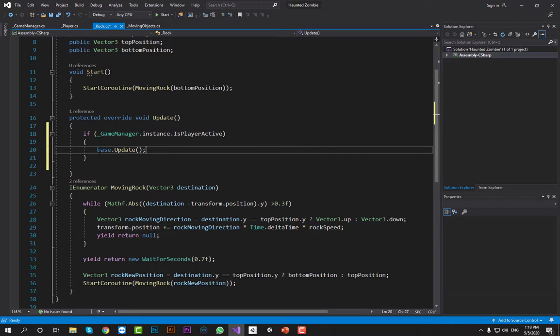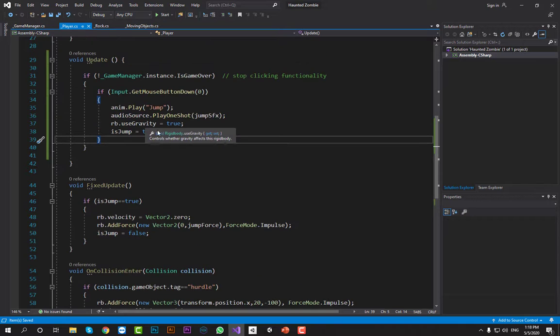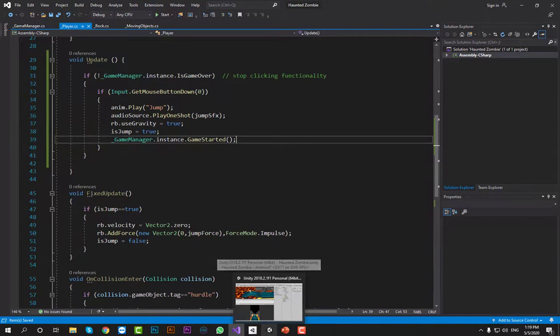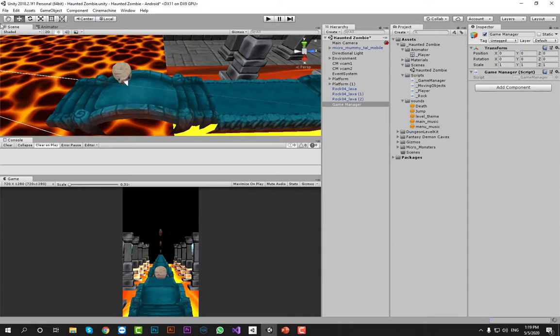And when the user will press a key, like here game manager dot instance dot player started, not this one, started game, means the game is started, then the rock can move, otherwise it will be stopped.